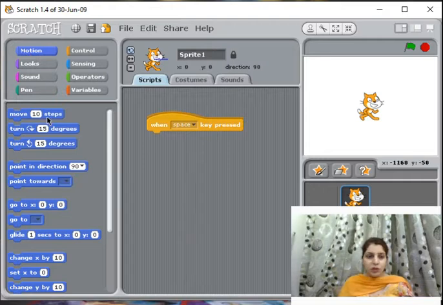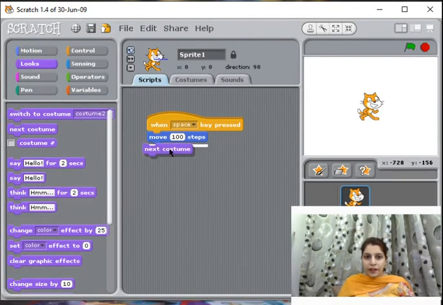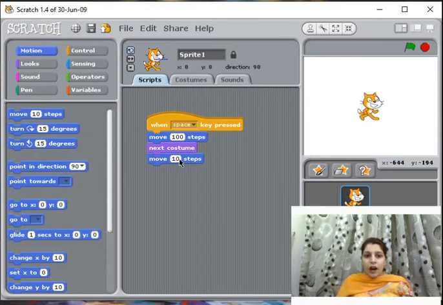Under the motion block, I am taking move 10 steps. I have edited it now to 100 steps. Next, you can take next costume, which will change the costume of a sprite. Now I am taking a negative value. So look here very carefully.